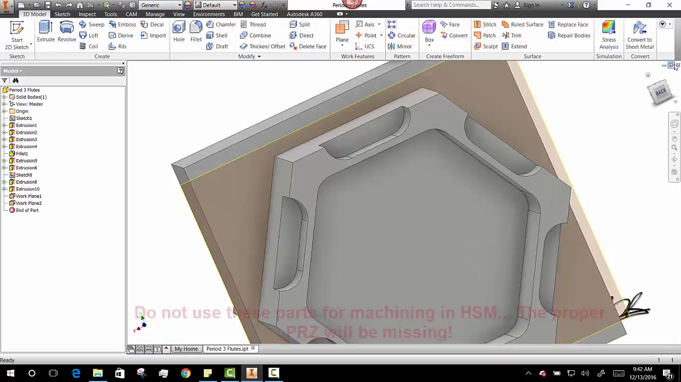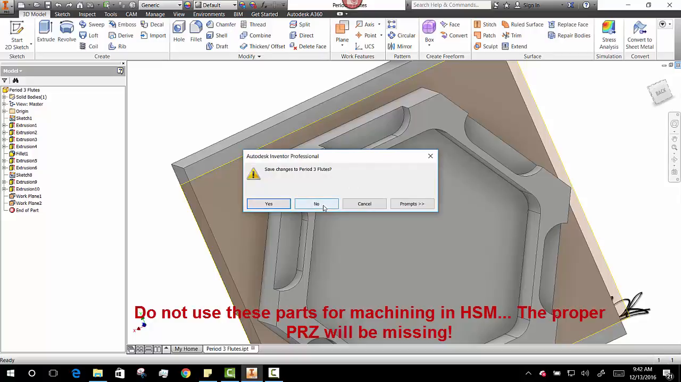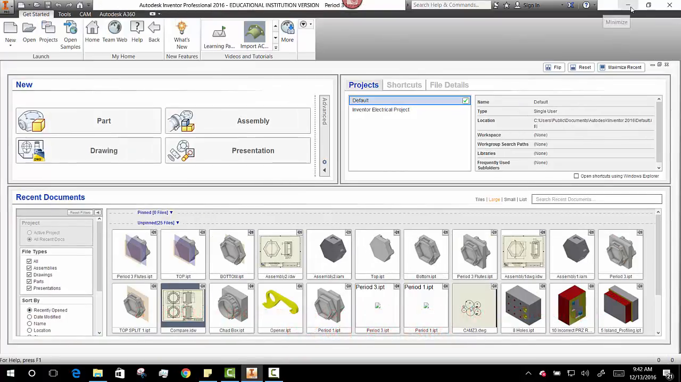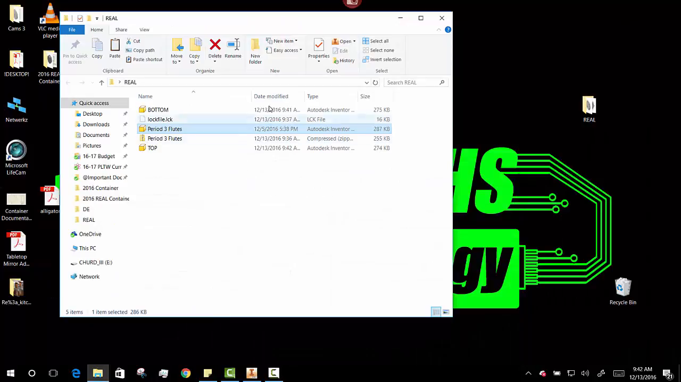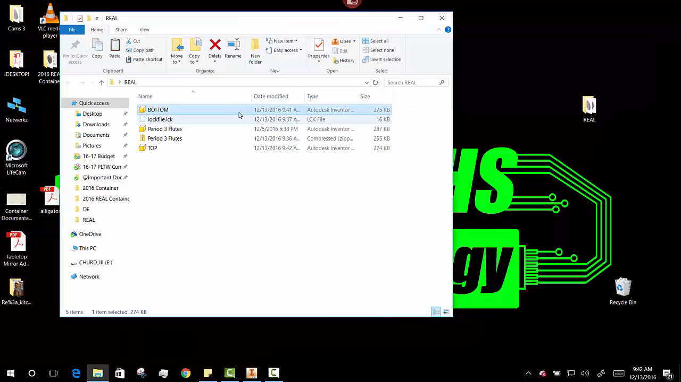Now watch, I can just close my whole part. Save changes? No, I don't want to save any changes. Gone. So now what I can do is look in my real folder. I should have a bottom, a top, and the original part. That's my whole container, right? So if I open my bottom, I should see that. If I open my top,